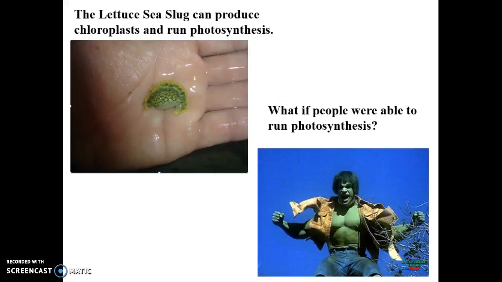But as they continued to study these slugs for decades, imagine that as a career for being a biologist, as you study slugs, they discovered that the slugs evolved the genetic ability to produce their own chloroplast. So that slug there does not need to eat a chloroplast in order for it to get that into its body. It can make it on its own. So if you keep the slugs in a fish tank with no algae, they will produce chloroplasts. They will build their own chloroplasts. They can photosynthesize and make energy from the sun.